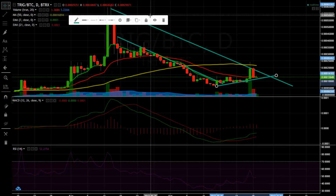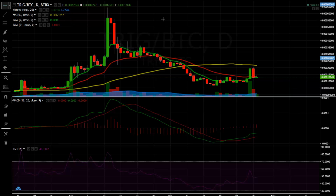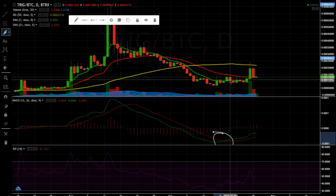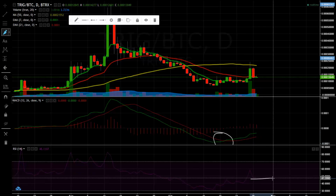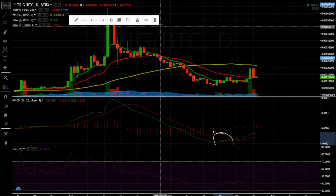So this is me looking at, like I said, the first of many things, just a visual of the chart, right? So I do see right here that we do get a little crossover giving us a buy signal. So I would be on the lookout looking at the moving averages. Right now it's showing us that we're in a neutral state as far as the RSI goes. So 1 out of 3 signals is not strong enough for me to look into it, but sometimes you can catch